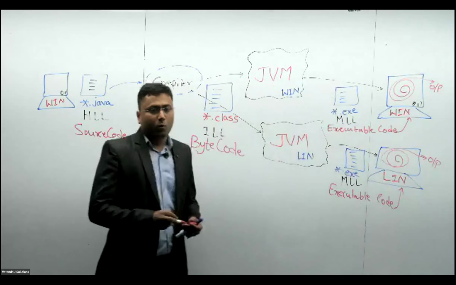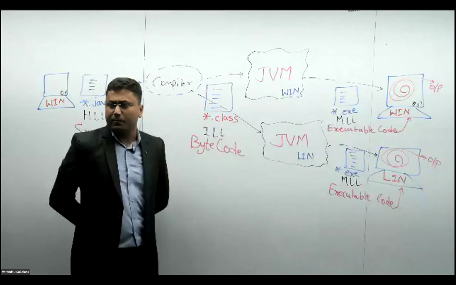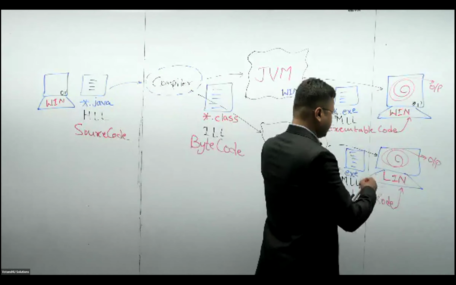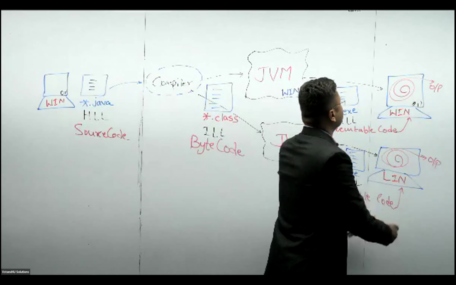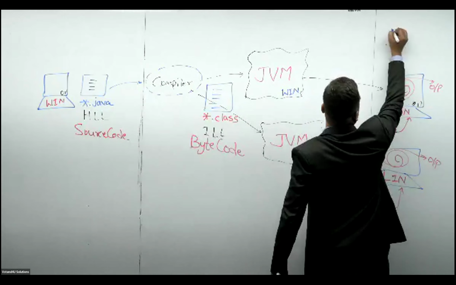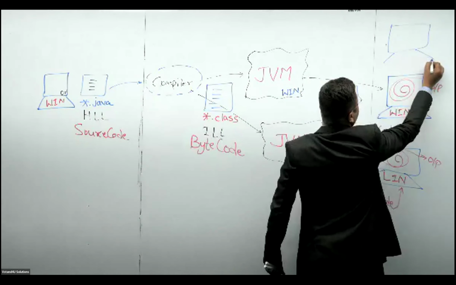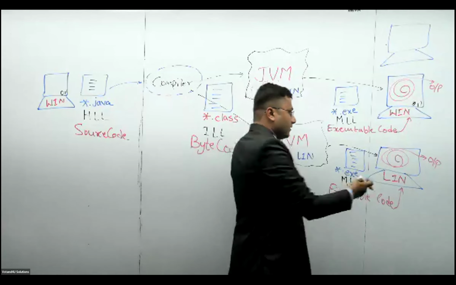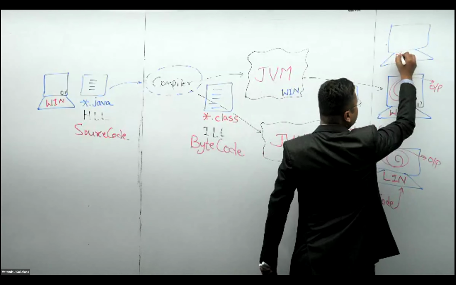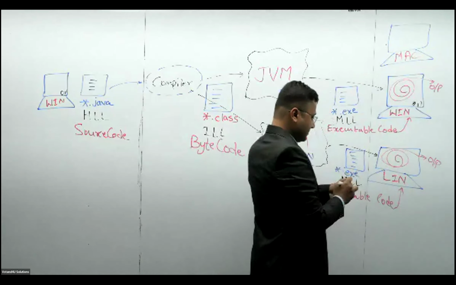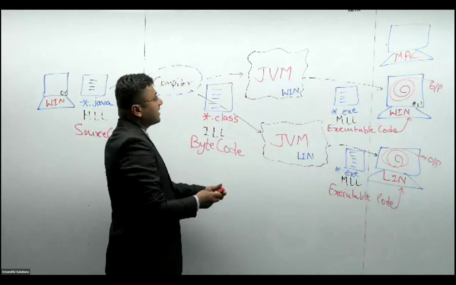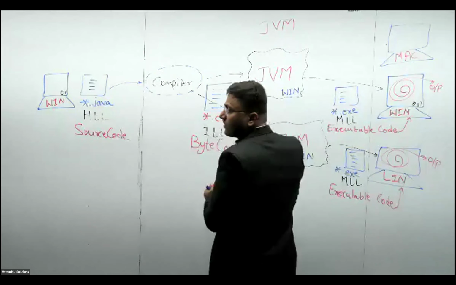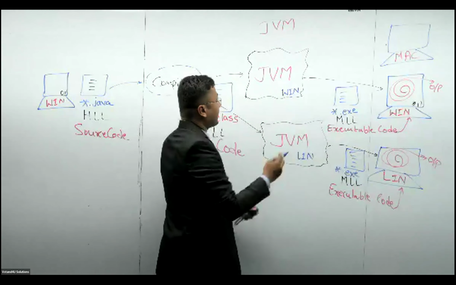Agree? What if I have one more called Macintosh? Can you please help me? What changes need to be done? Shall we start? Sir, you will be having, say, another machine called Macintosh, along with Windows and Linux. Am I clear? So we should get the JVM for Mac OS. Am I right?